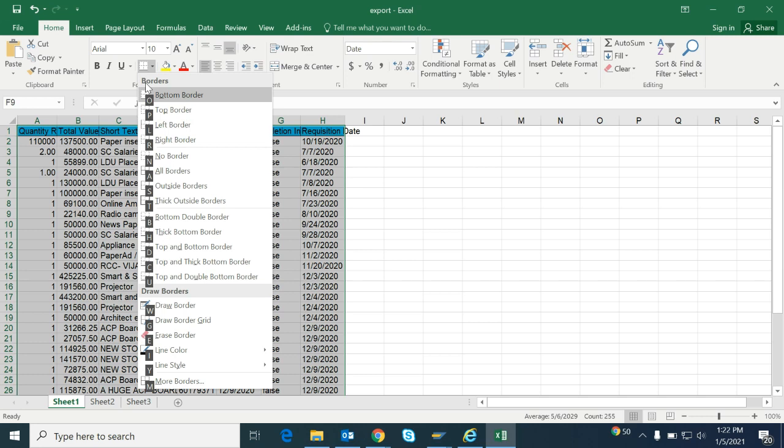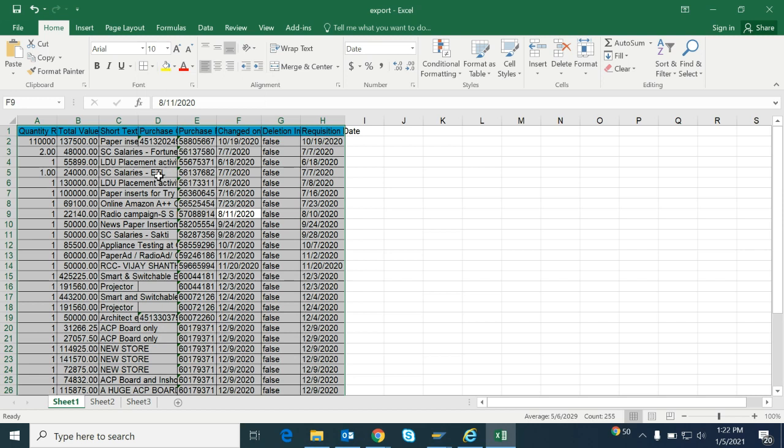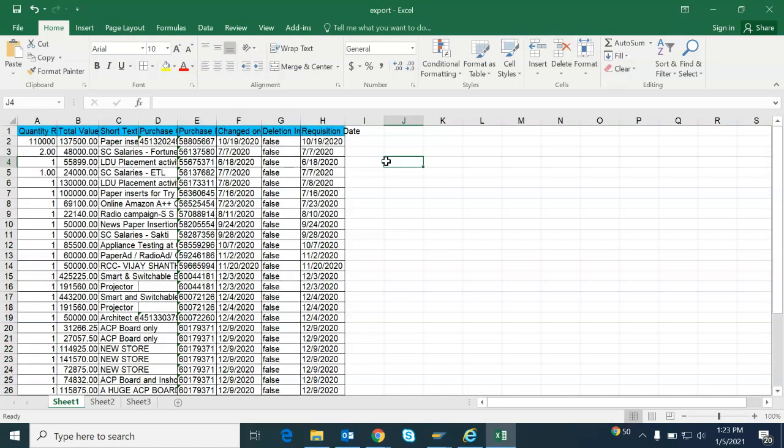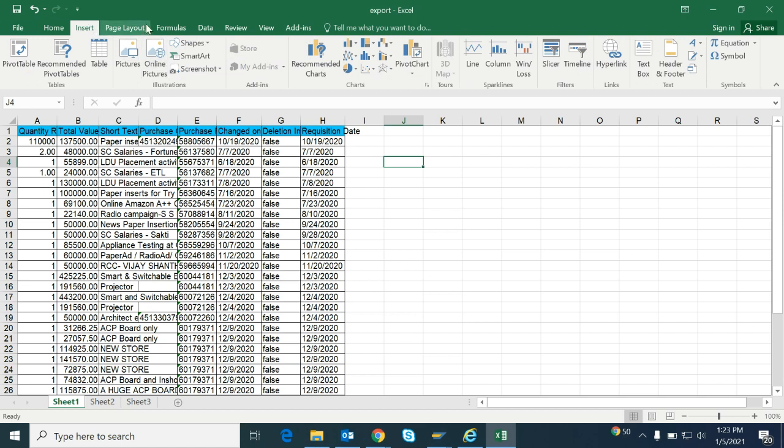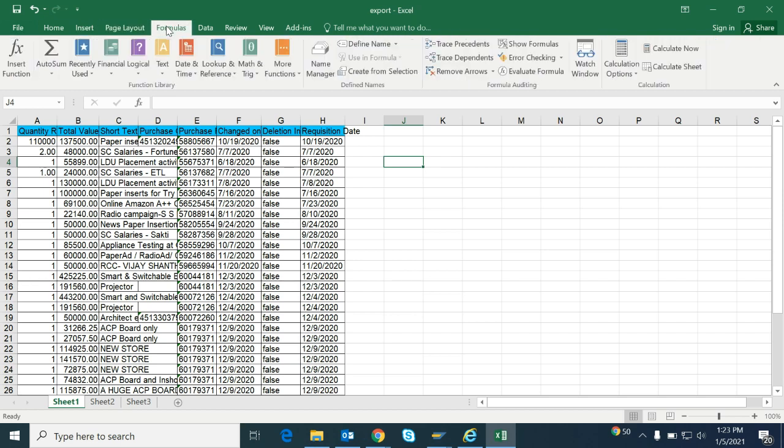Now you can see, when I have pressed B, all the options available in the border are shown over here. I want All Borders, and for All Borders we have A as the character. So I just press A on the keyboard, and now you can see the border is given to the data. Whatever you can do with the mouse or by navigating through the options, you can do through the keyboard. When you keep doing that, it will increase your speed, and that is the best way to minimize the time you spend working in Excel.